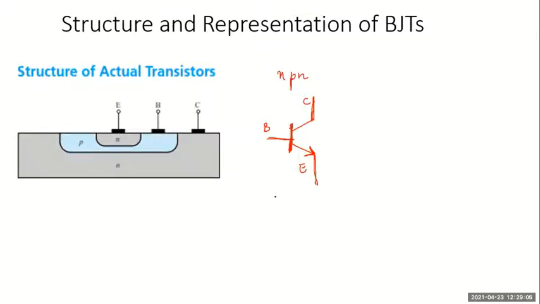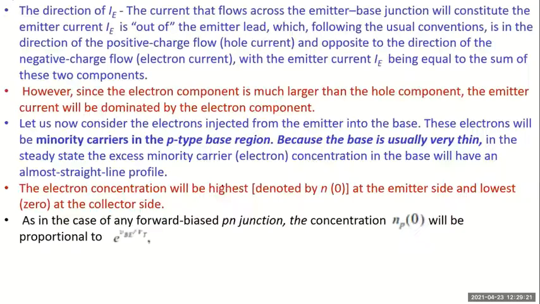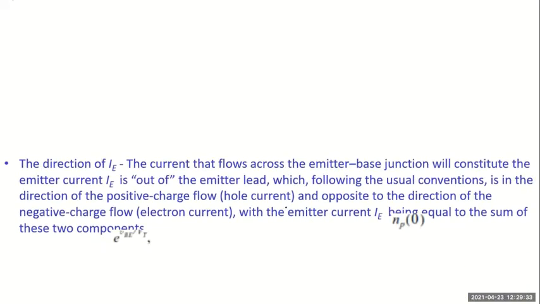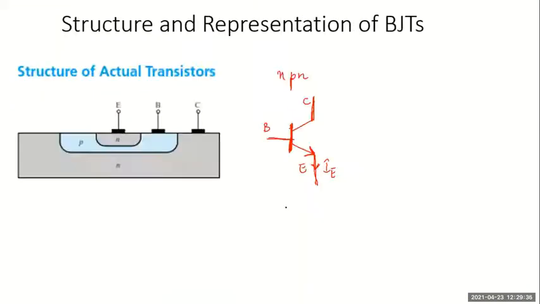And how do we put the arrow mark? It always indicates the direction of the emitter current. If I have the arrow coming outward, IE will be flowing out of the emitter. You remember in the previous slide we saw here, IE was flowing out of the emitter. IB and IC were flowing in. So the same thing here, when we represent, if IE flows outside, remember that is the largest current. IB and IC should flow in. So IB plus IC would make IE.